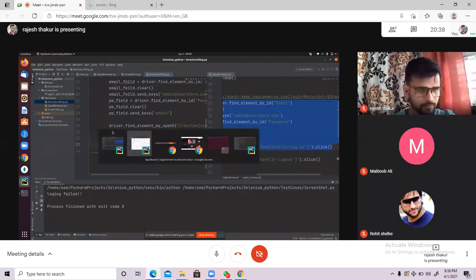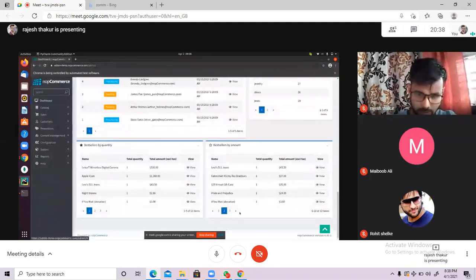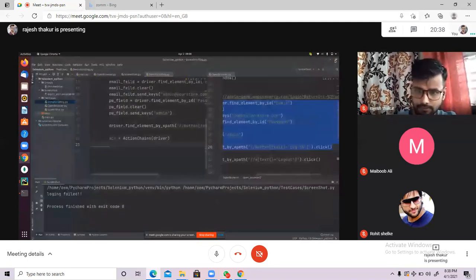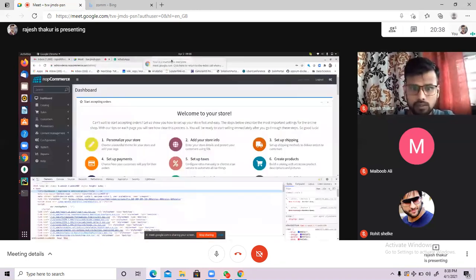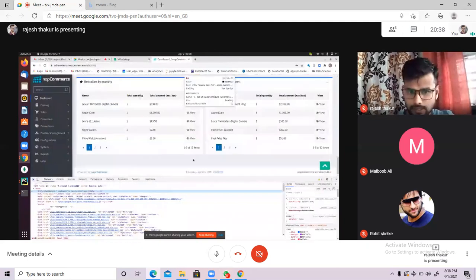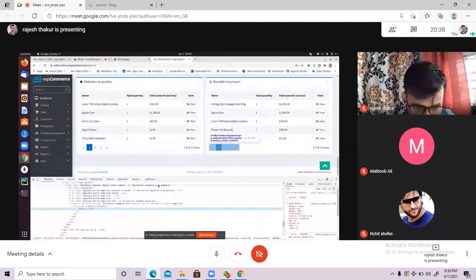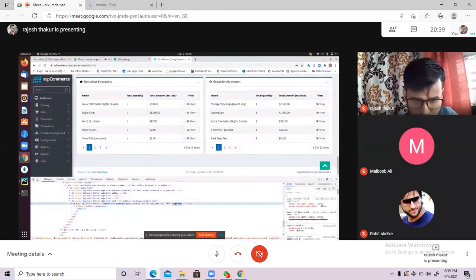And then, we have to do the scrolling, right? So where do we have to do the scrolling? Here, right? So Control Shift C, try to inspect this element. This is the login page. What is the XPath for this? Can anyone please write an XPath for this? Anyone who can help me? No one? Cool.